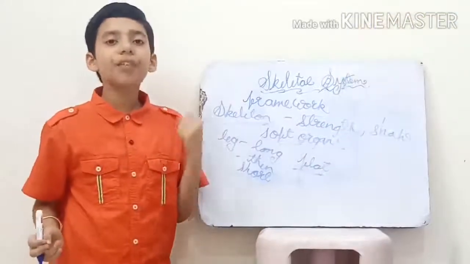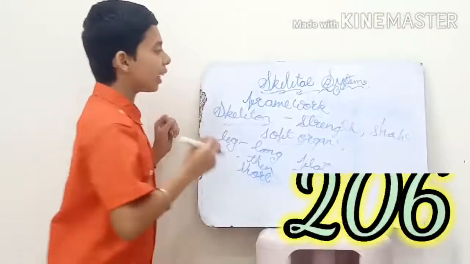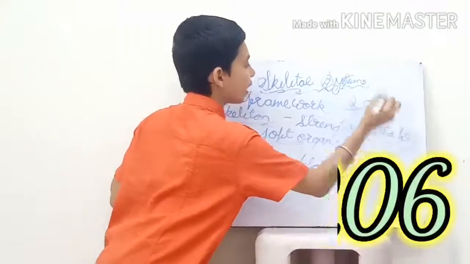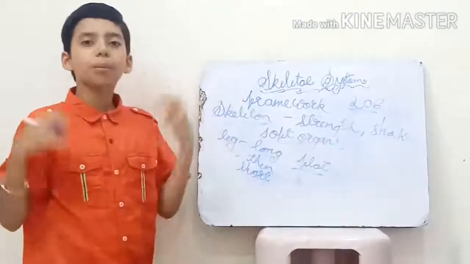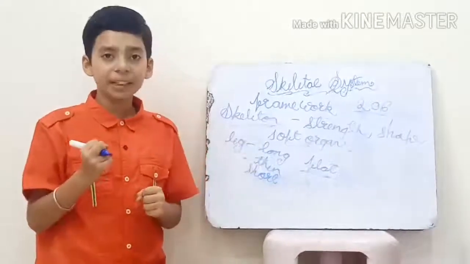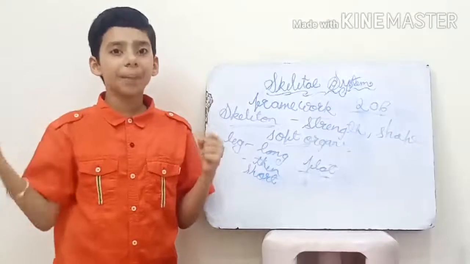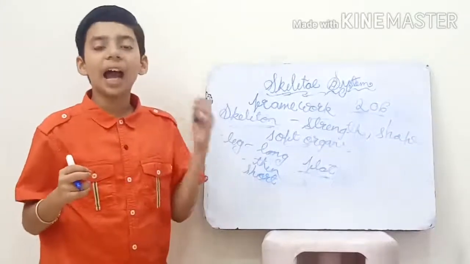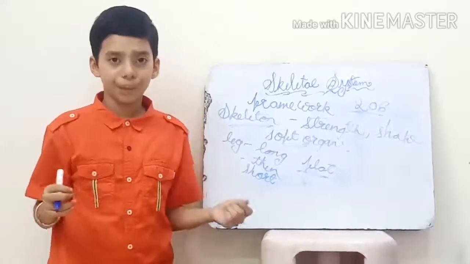The skeleton of an adult human is made up of 206 bones. At birth, we have more bones, but when we grow, they join together and they also become longer and larger. New cells are added to our bones when we grow.